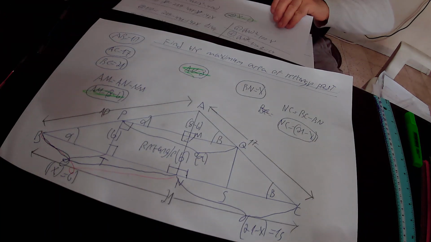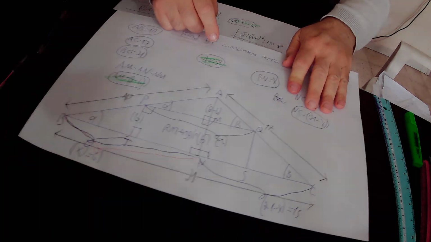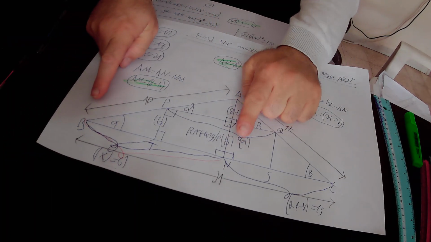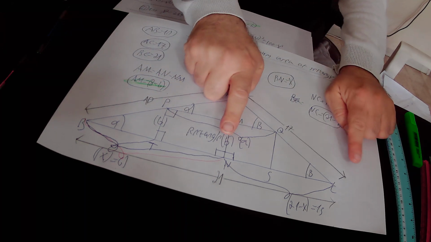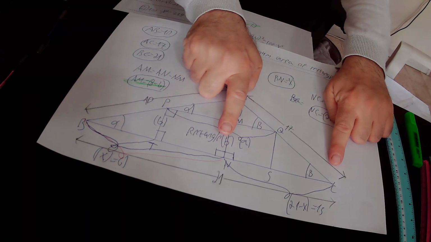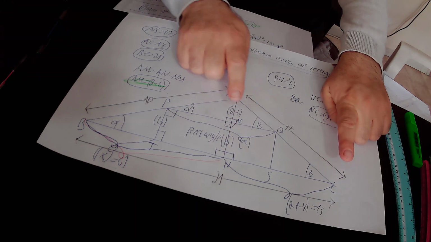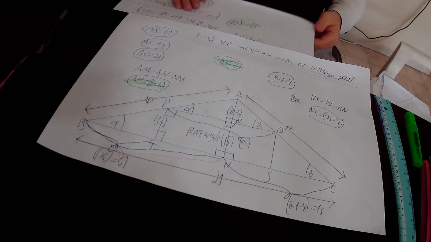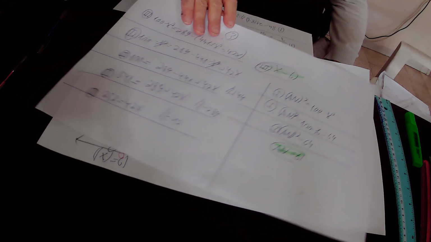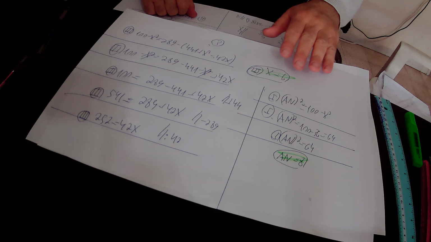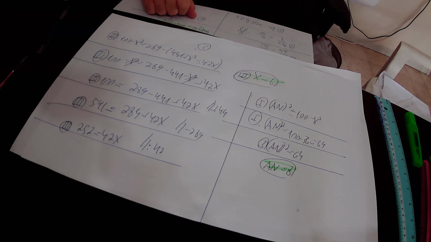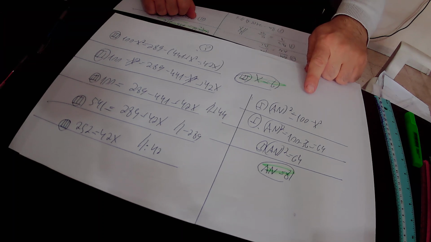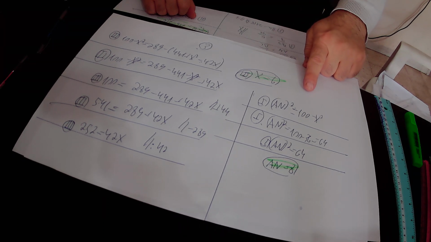Here this line segment BN is equal to x, which is 6, and here we have NC equals 21 minus x, that is to say 21 minus 6, that is 15. And the next step actually returns to equation 1. According to equation 1, AN squared equals 100 minus x squared. So AN squared equals 100